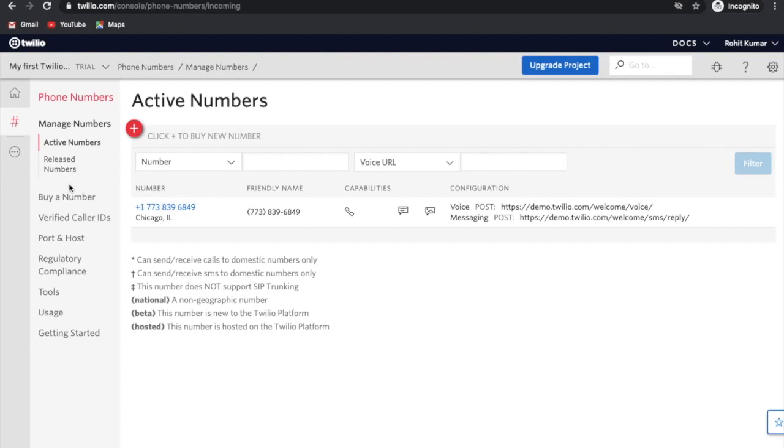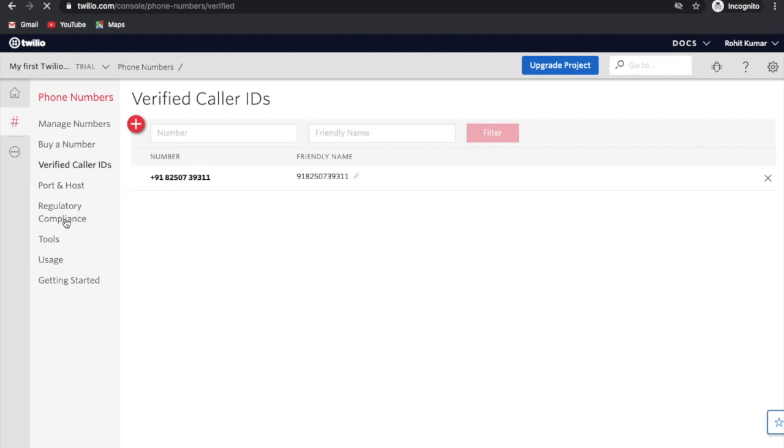send the message through the API. Okay, so let's go back to the verified caller ID. There is another option, verified caller ID, where you are able to see the verified number 8250, this number. This is my number. Now in this Twilio, I have a trial account.